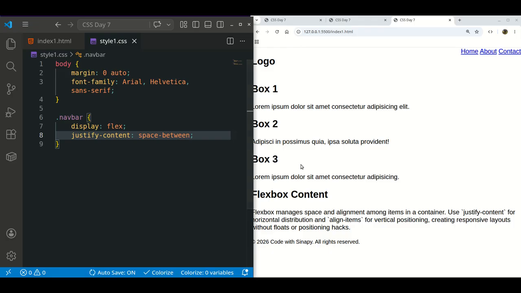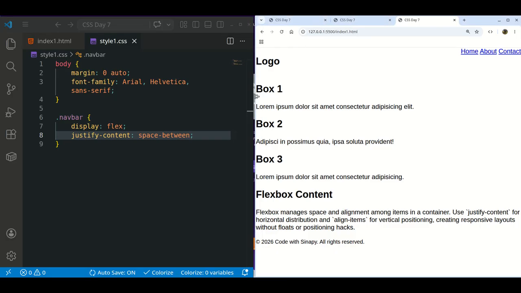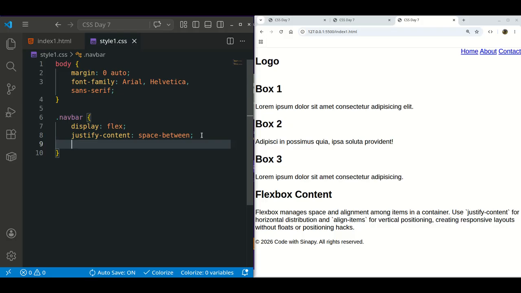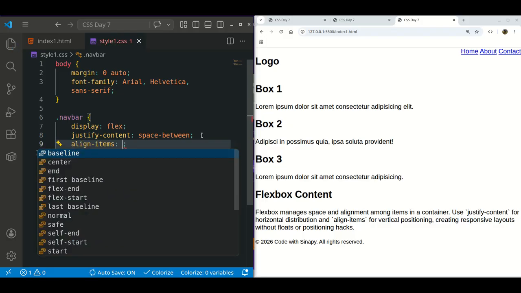You can see it here. I want to align items center,